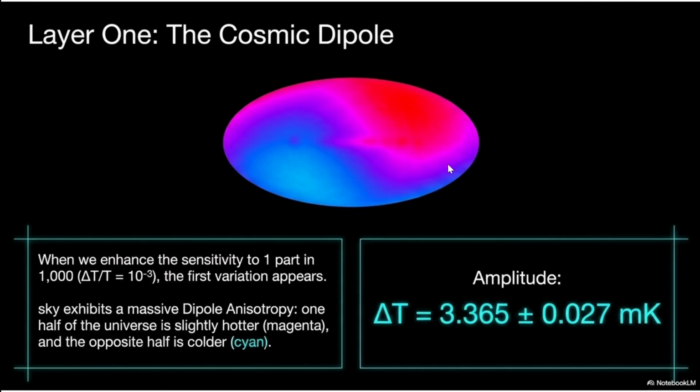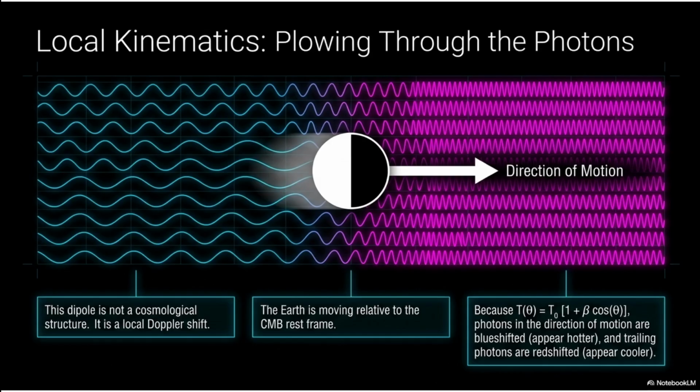There's a blue-shifted component and a red-shifted component, where the universe looks slightly hotter in the direction that the Earth is moving towards the CMB, and then a redshifted component for where the Earth appears to be moving away from the CMB. So we have this dipole component, which also shows up in cosmic ray measurements, kind of interestingly. And in addition to the dipole from Earth's motion around the sun, there's also the solar system's motion around the galaxy, which also forms a dipole, although the much stronger dipole is Earth's motion itself.